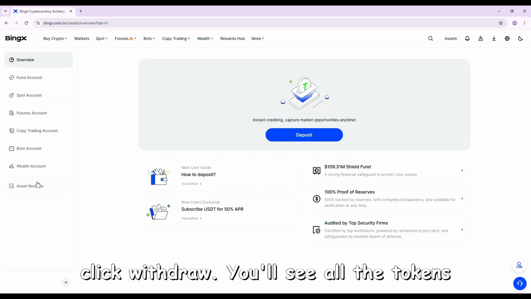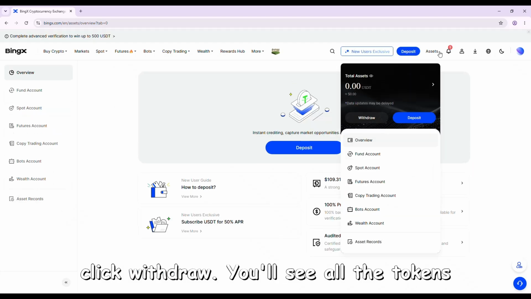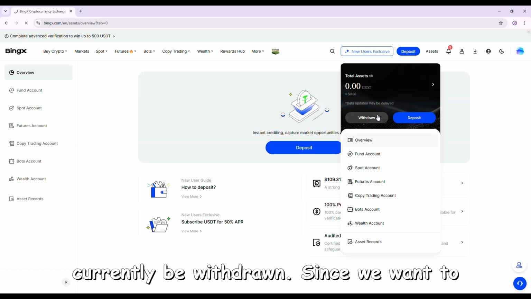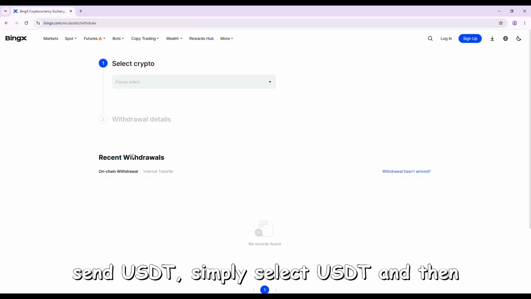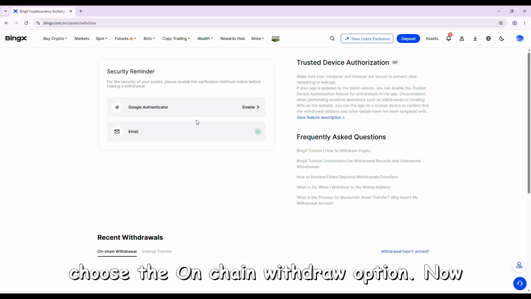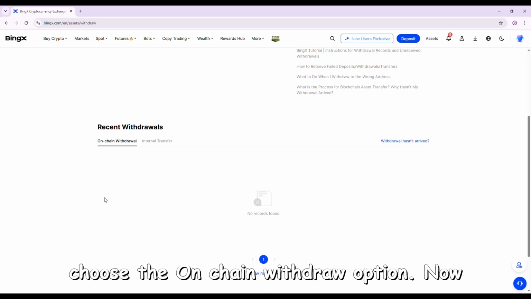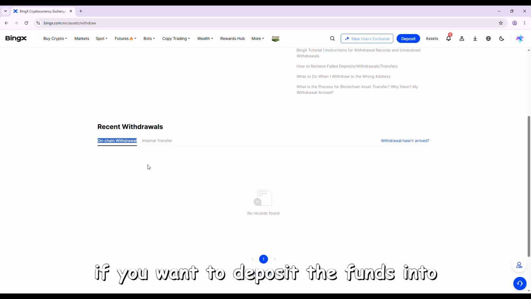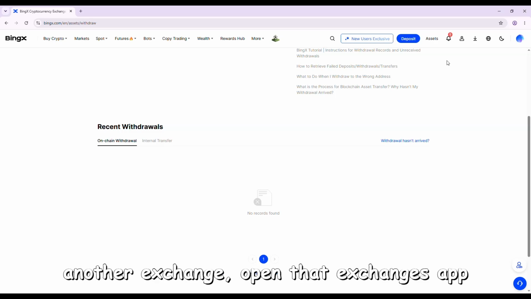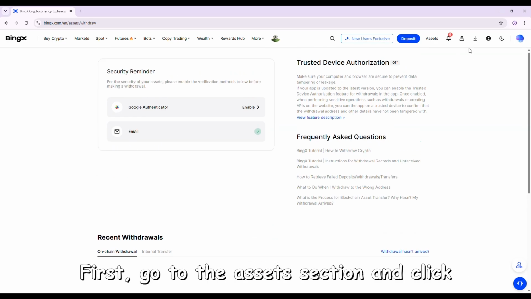As soon as you click Withdraw, you'll see all the tokens available in your wallet that can currently be withdrawn. Since we want to send USDT, simply select USDT and then choose the on-chain withdraw option. Now, if you want to deposit the funds into another exchange, open that exchange's app first. Go to the Assets section and click on